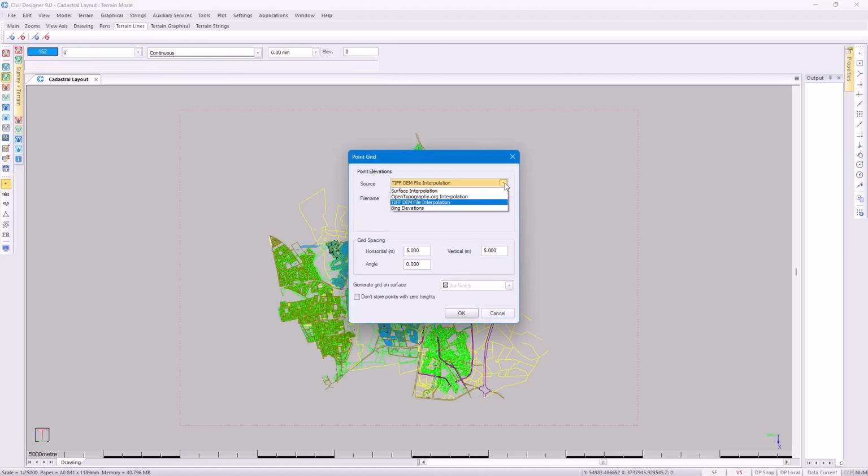Looking at the different options available, we still have the Bing elevations, but as mentioned, this function will be discontinued shortly. We've got TIFF DEM file interpolation, surface interpolation. I'm going to focus on the Open Topography interpolation. If this is the first time you're using the function, you need to obtain an API key from the Open Topography website. To show you how this is done, you select this link,